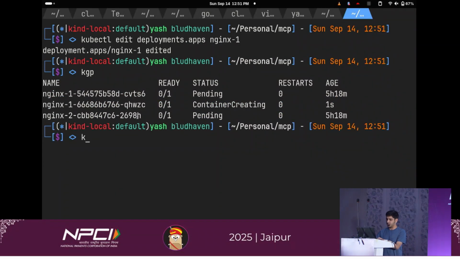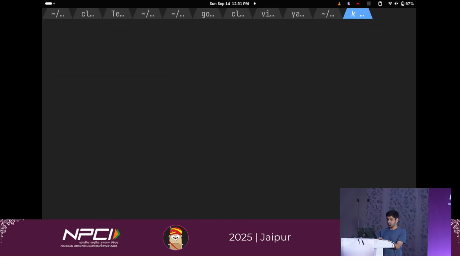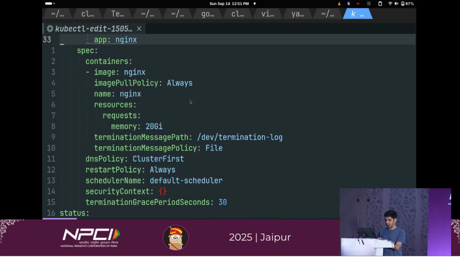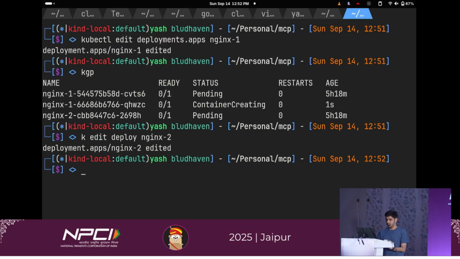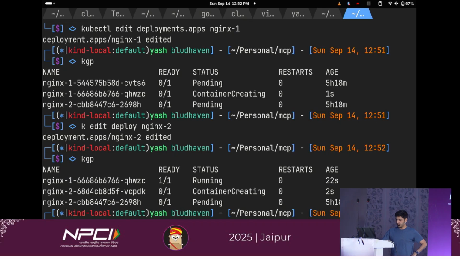So it helped me fix one bug. And for this, it says, we are requesting 20 GBs of memory, which is too much. Let's make it 1 GB. And yeah, the other is working as well. So the magic that happened here was that it's an easy way for me to give an LLM access in a secure way to my system, and then it can help me do things that I might need other people to do.